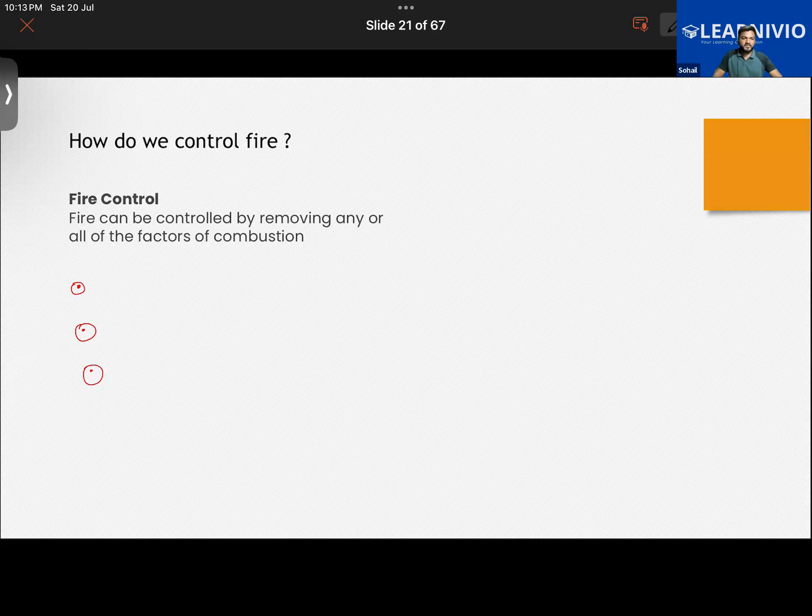What are the factors of combustion? Fuel, good. So by removing the fuel, we can control the fire. As you said, heat. Very good. So either we can cut off the heat or lower the temperature of the fuel, right? Lower the temperature of the fuel, and